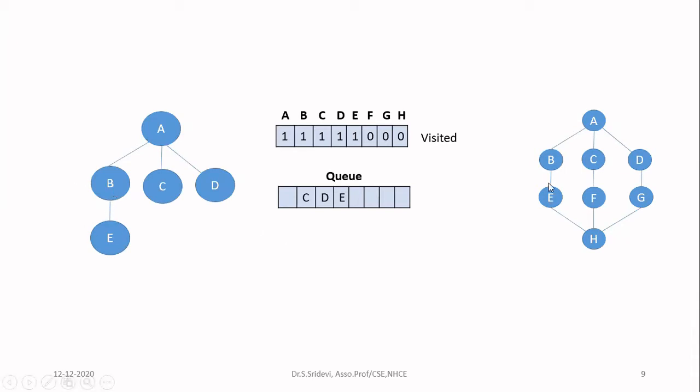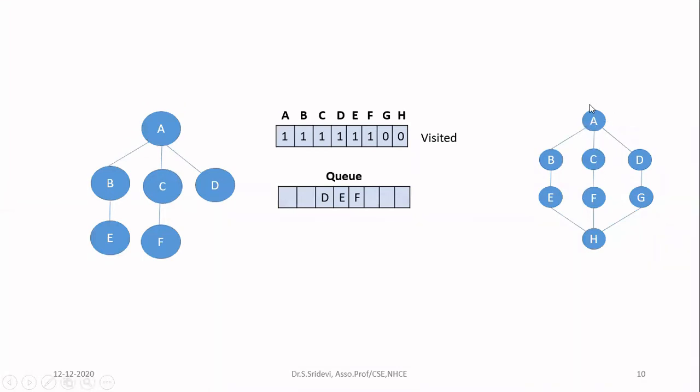Now I have finished all the neighbors of B. I cannot proceed with respect to B further. I have removed B from the queue. I have explored it completely. So what is my next step? Since I cannot proceed from B further, I have to remove the next node from the queue. So in the queue now, the next node you can remove is C. So take C. Now check which are all the neighbors of C. So I am removing C from the queue. After that, I am checking the neighbors of C. C is having two neighbors, A and F. Now let me check in the alphabetical order.